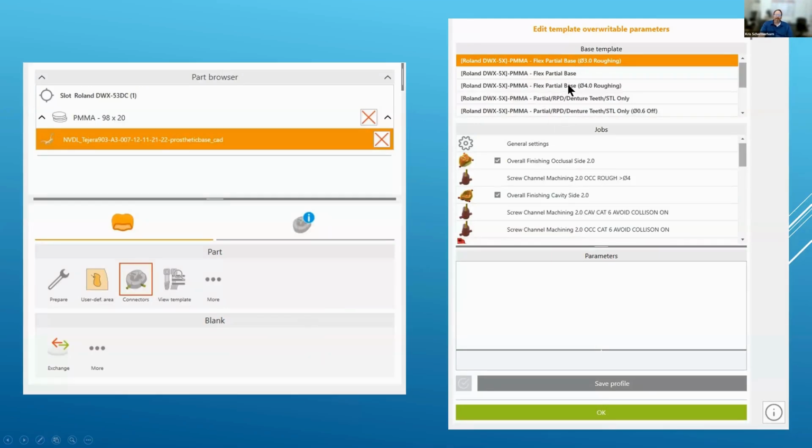Now, some things that we've been working on with Hyperdent, as well as Millbox, are strategies specific to flexible partials. I am not sure if these have been automatically enacted into their software or you have to call your reseller and or Hyperdent and get them to activate them in your software. But you have the 3mm roughing and the 4. I recommend the 3mm tool. The offset for a 4mm tool makes it so, and I'll show you an example of it in a little bit, but you really,